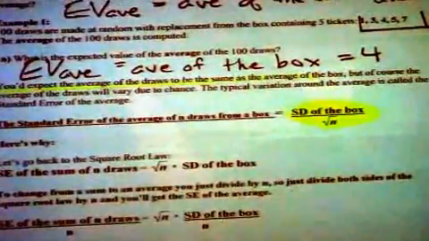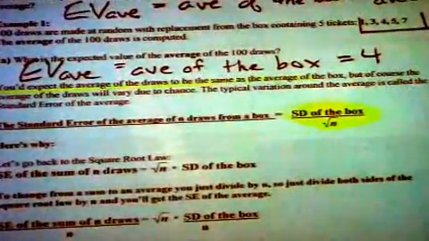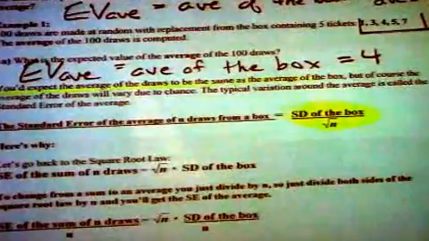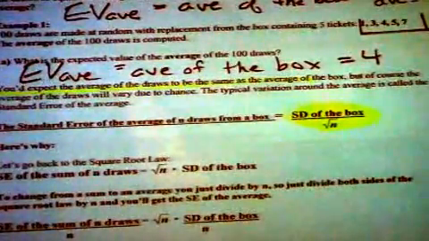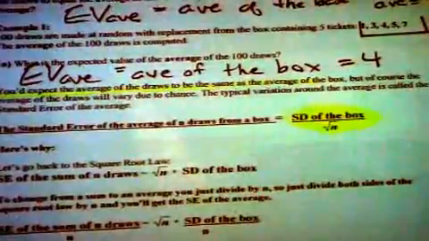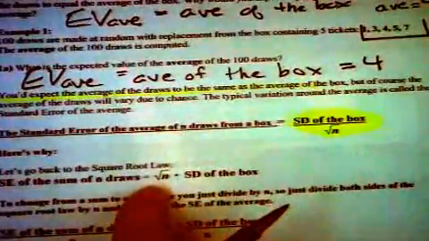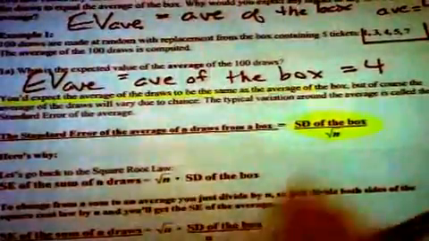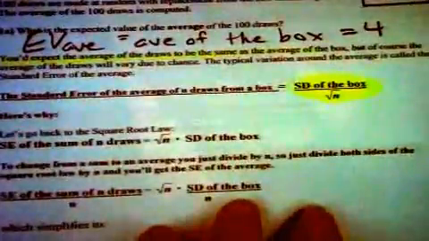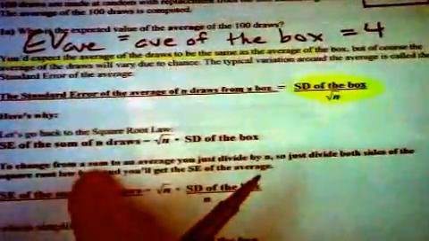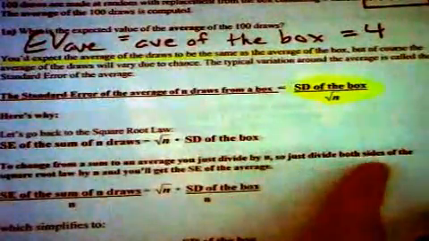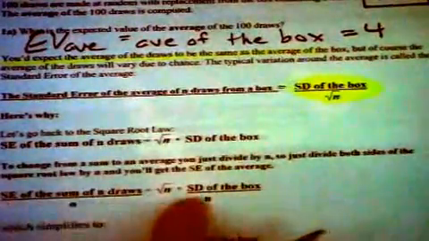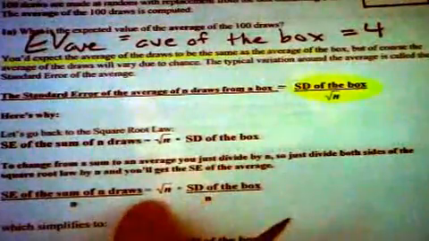The more times you draw, the more error you have, because each time you draw, there's more error. But it doesn't scale as n, it scales as the square root of n. That's what we did. Now we're interested in the average. So to change from a sum to an average, you always divide by n. So just divide both sides. Watch. Okay, so this is what we have so far.